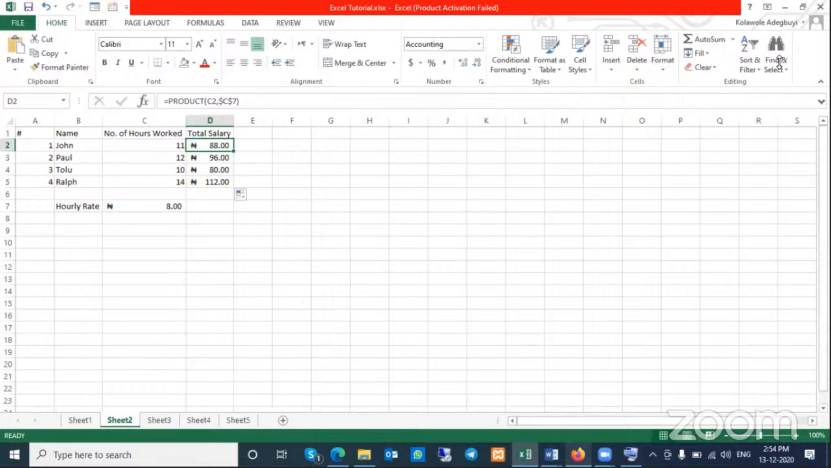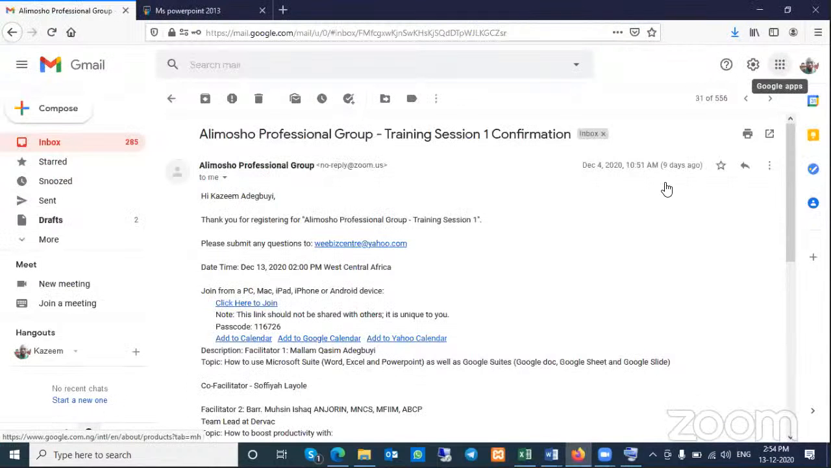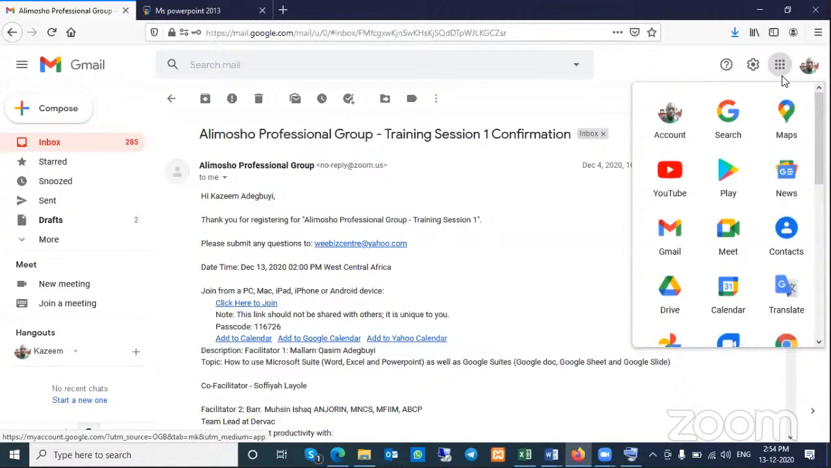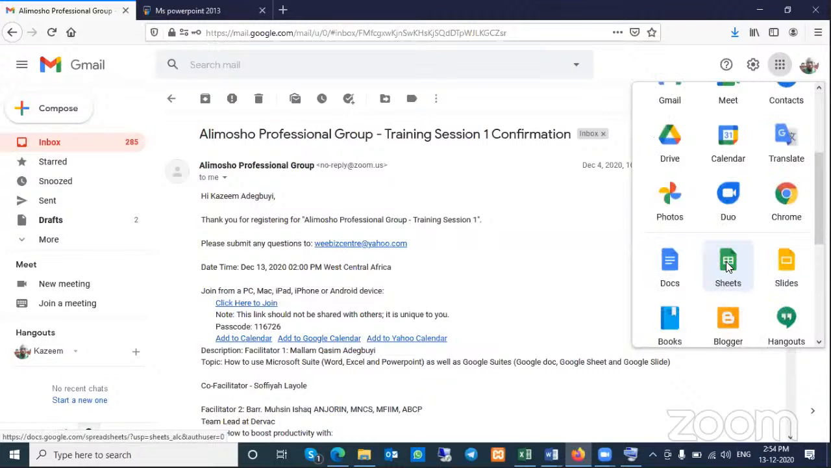So how do we get to the G Suite? Once you log into your Gmail account, from there you can get options for all Google products. From here we have Sheets, we have Docs, so just click on this Google Apps. Once we click on Sheets, for instance, it's going to take us to the Google Sheets